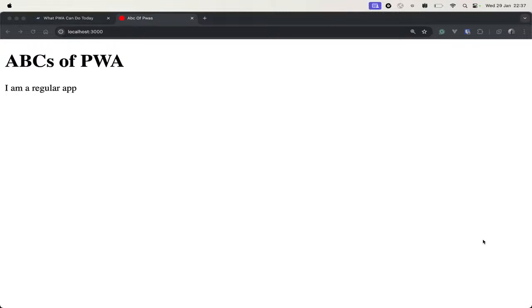So, what's a PWA? It's a web application that pretends to be a native application. So, it's a web application that pretends to be a mobile application on your phone, and pretends to be a desktop application on your laptop, on your computer. And why do you need that? You need that because